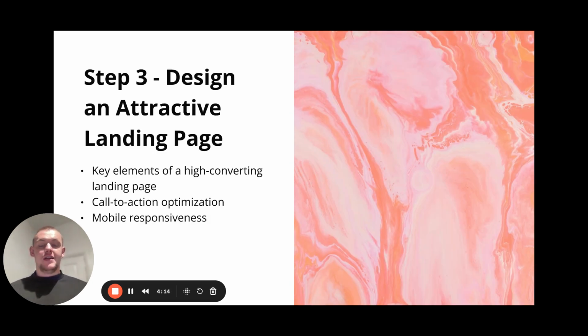Design an attractive landing page. Now, this is very subjective. So lots of people would say that different landing pages are better looking than others. Style of landing page is obviously going to vary. There are lots of different ways that you can design an attractive landing page, but the key elements of a